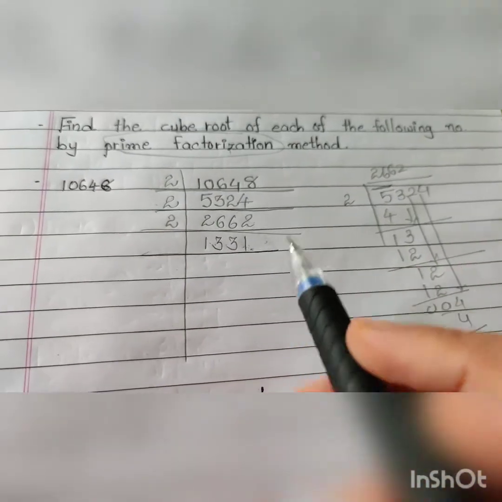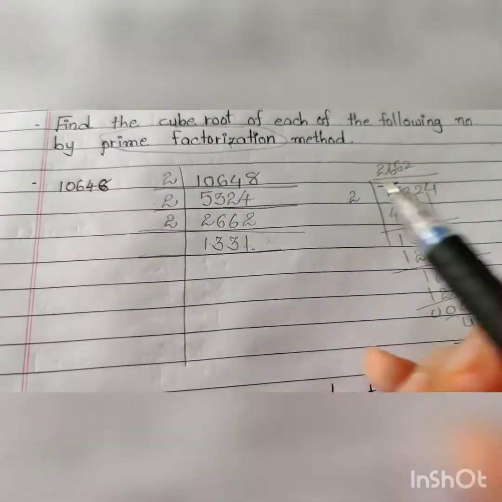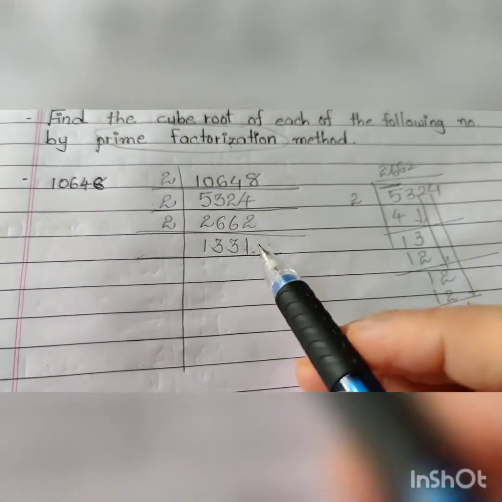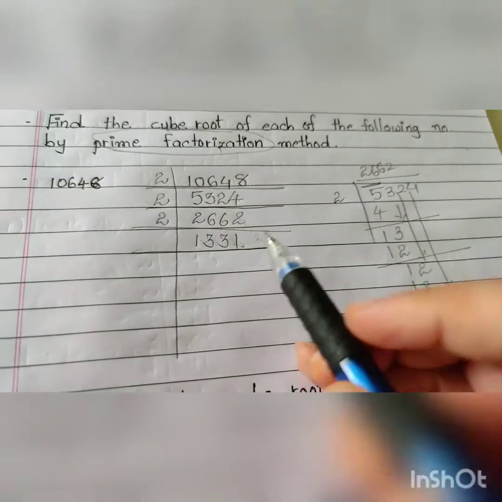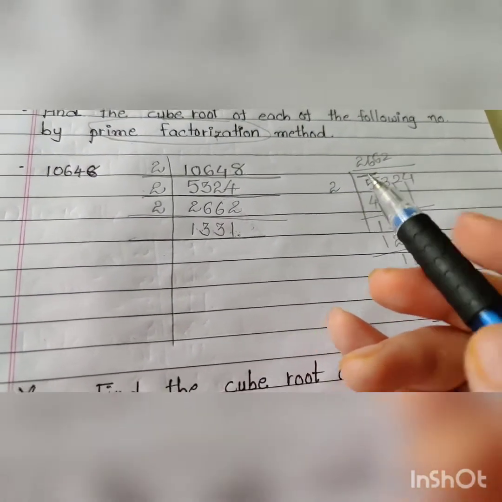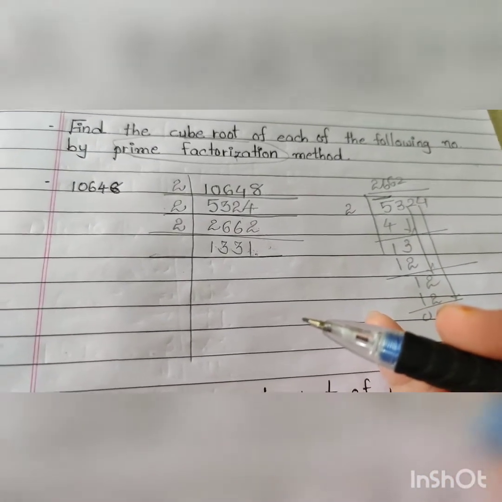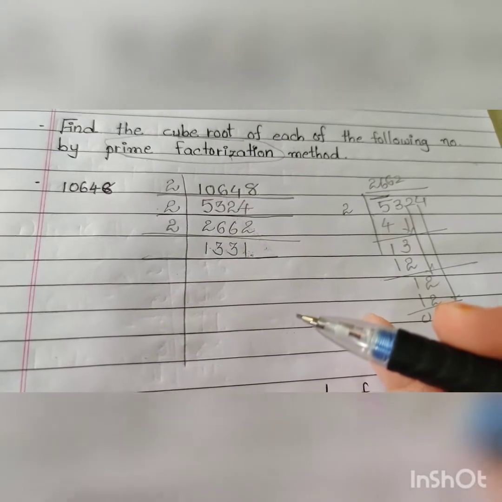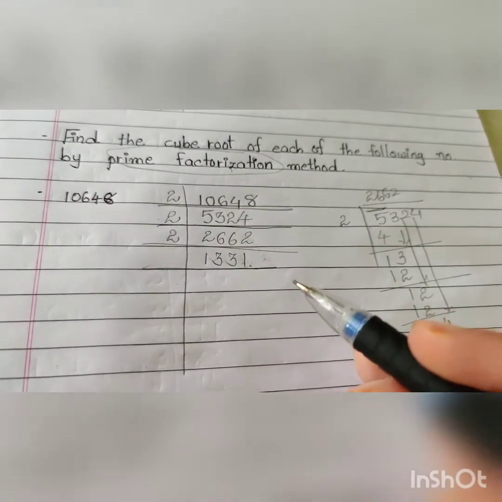Okay, so now we have to go with another prime number, that is 5. So what is the divisibility rule of 5? The digit at one's place should be 0 or 5, means this number is not divisible by 5. Is that clear? So now we have to go with another prime number, that is 6. Right? No, 6 is not a prime number, so we have to go with 7.